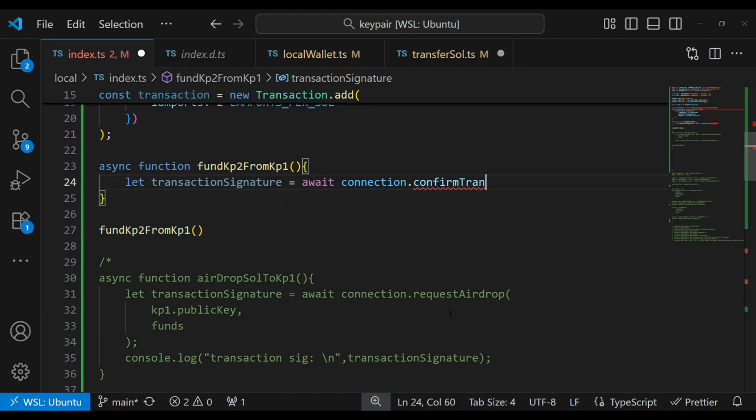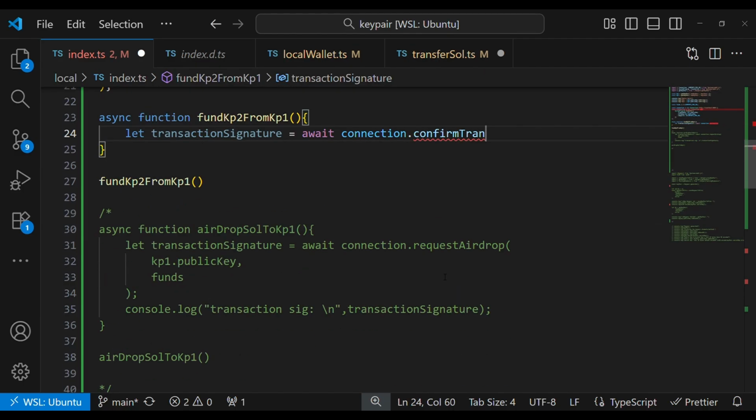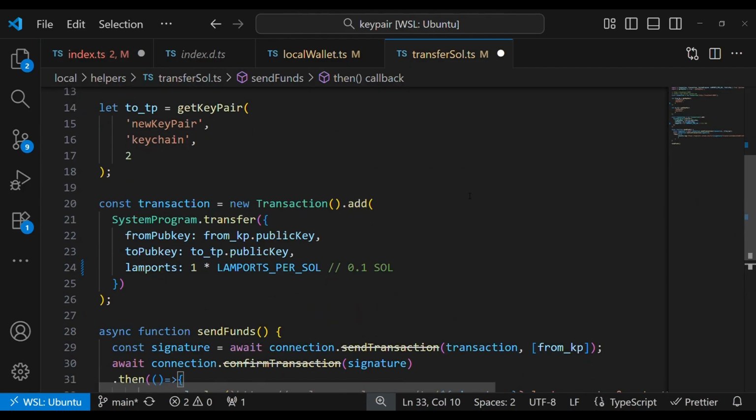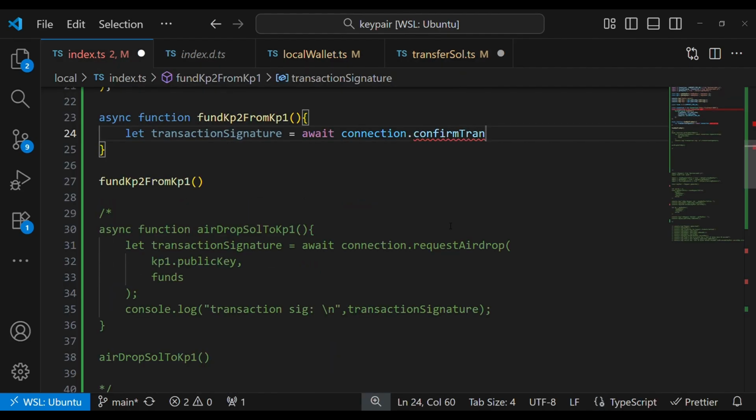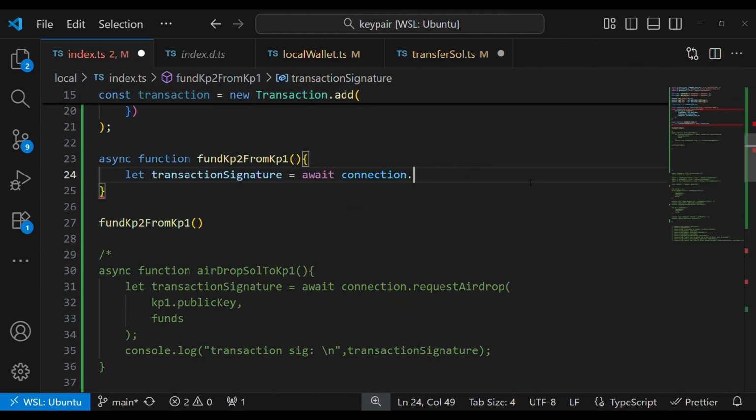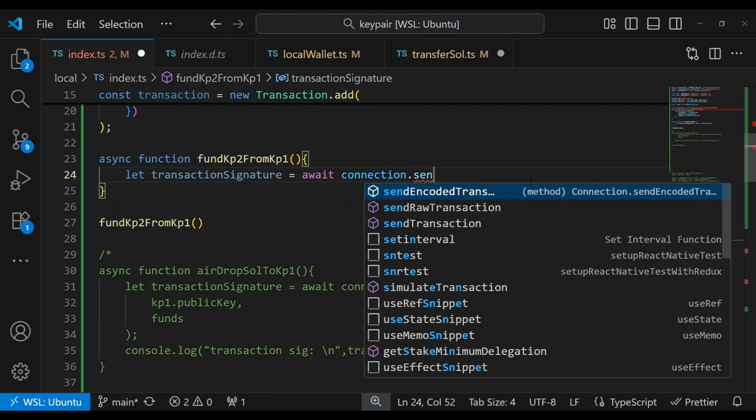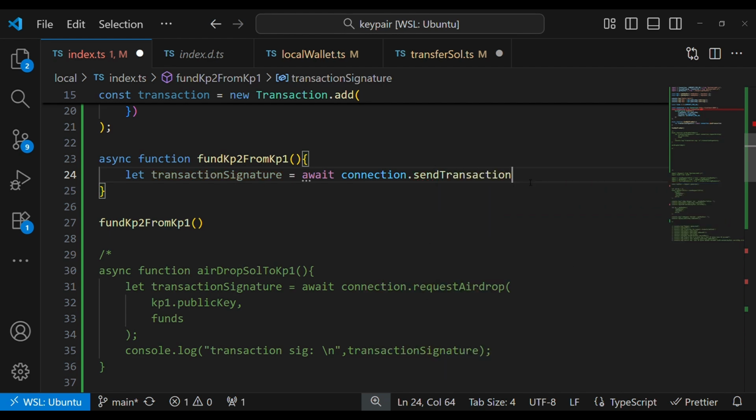What did we do last time? requestAirdrop. So let's see how it's done here. sendTransaction. Let's call it connection.sendTransaction, and